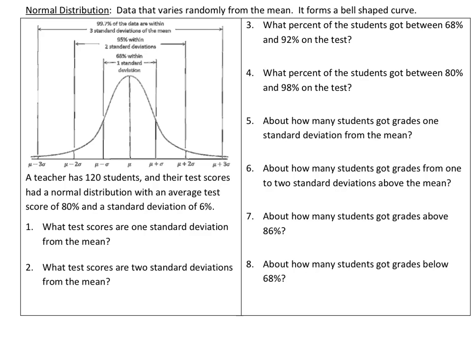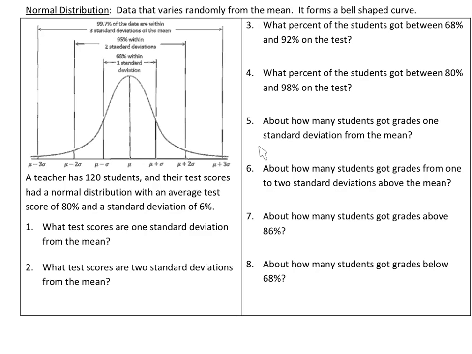So we're going to talk about a normal distribution. Normal distribution is when data varies randomly from the mean. It forms a bell-shaped curve. Do you see this bell-shaped curve? All right. So if I were to hear the word normal distribution, it forms something that looks very similar to